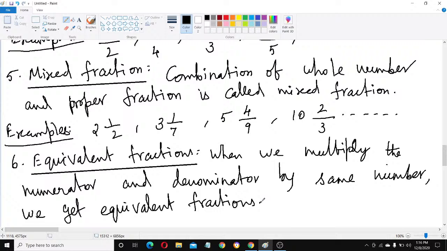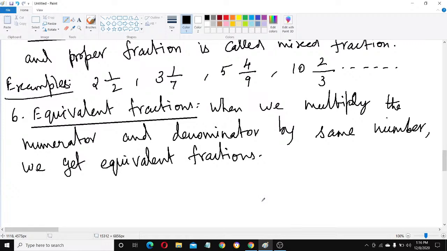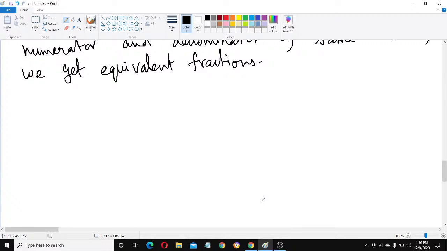When will we get equivalent fraction? When we multiply the numerator and denominator by same number. We should multiply numerator and denominator by the same number. Then we will get the equivalent fractions. Example,